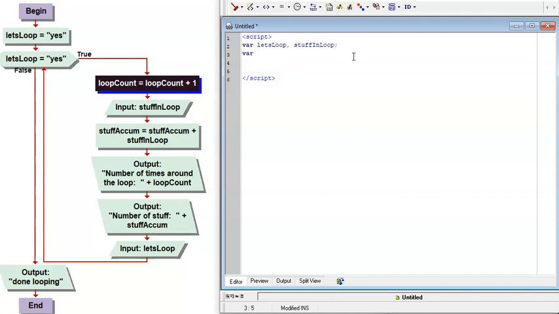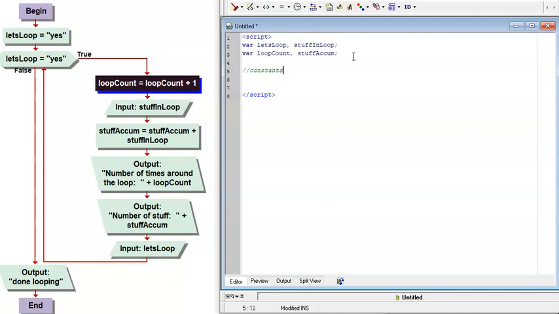Var, we have loop count, and we have stuff accum. Okay, and then down here,